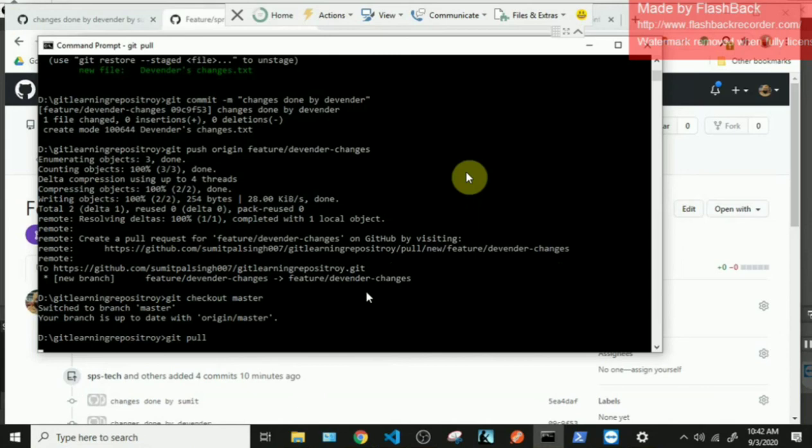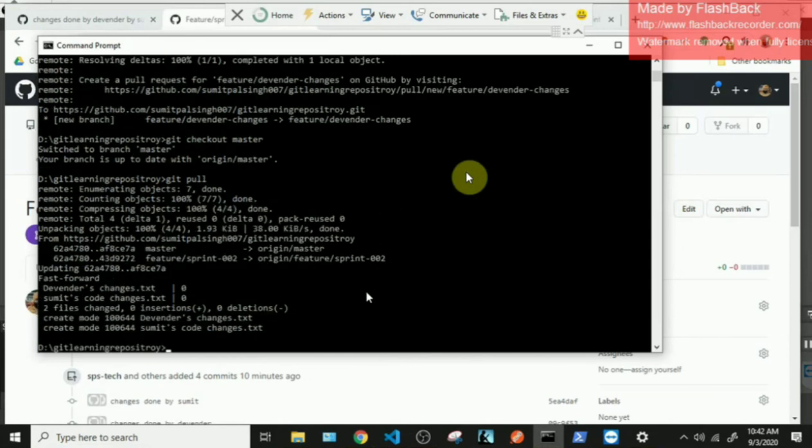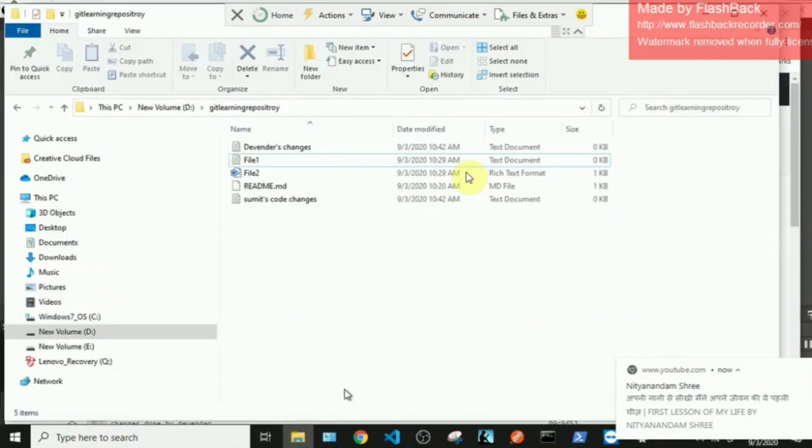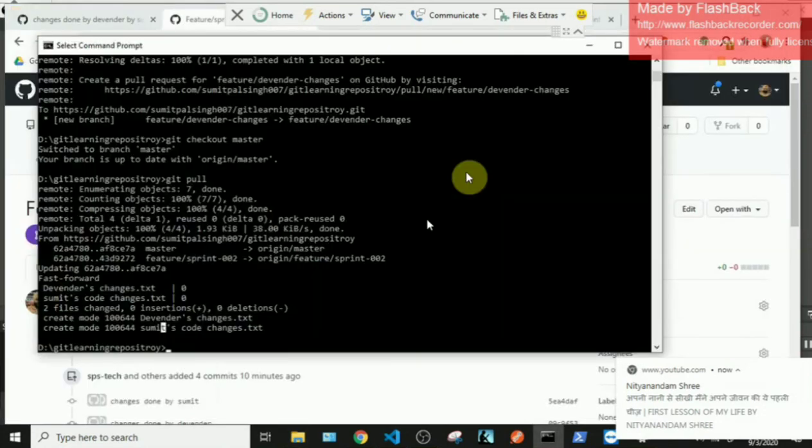So you can see Devinder's changes have also come into this branch, and Sumit's changes have also come into this branch. You can see Devinder's changes file has also come, Sumit's code changes file has also come. So this is a collaborative way of working using Git, where each developer creates his custom branch